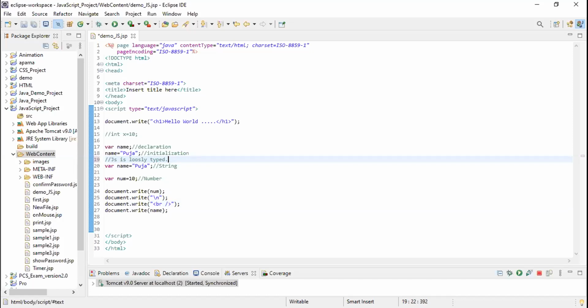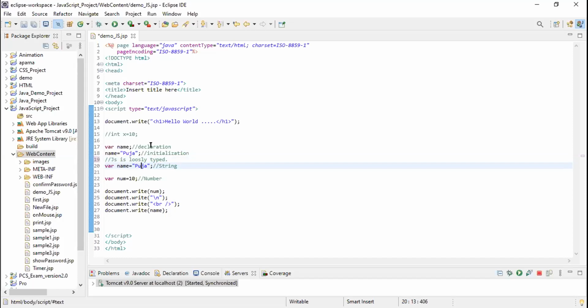So why is it called loosely typed? Because see, in JavaScript, we don't define any data type of the variable, right? We just write var name Pooja. We don't give any data type, right? Yes, ma'am. So in JavaScript, we don't have to define any data type of the variable when we create the variable.